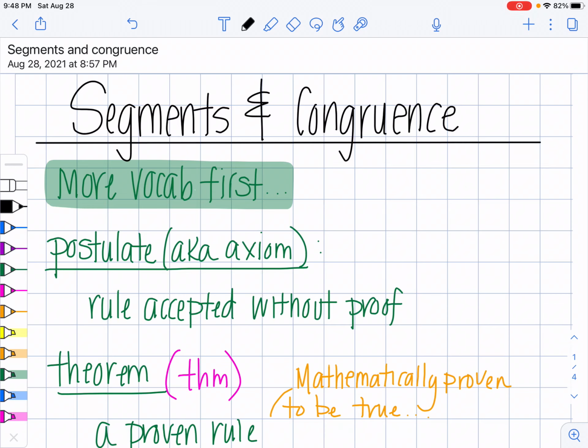Hi there! In this video, we're going to talk about segments and congruence. But before we get to that, we have to learn a little bit more vocabulary. So the first couple words we're going to talk about have to do with proving things and non-proving things in